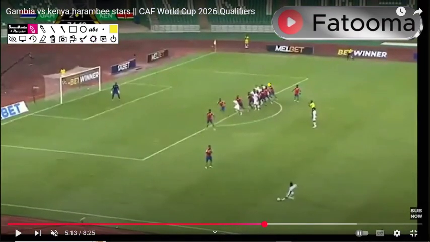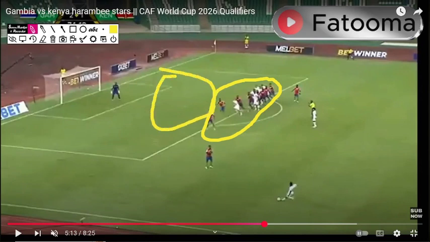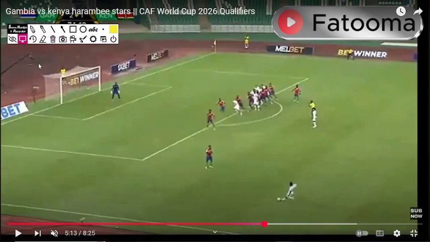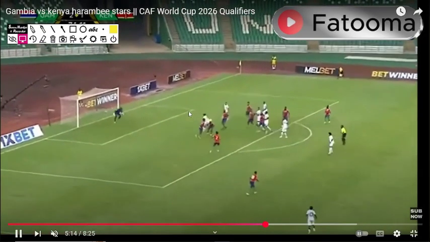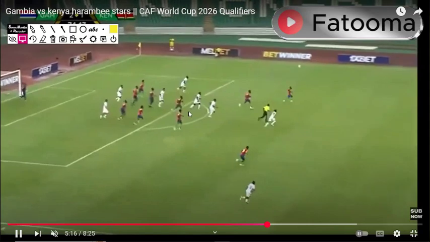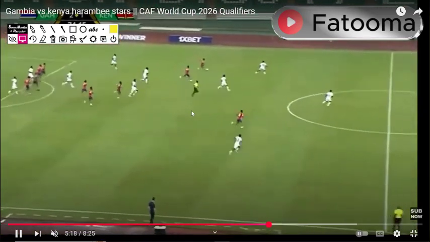Another situation. High line. Okay, this is one thing I'm just going to point out. High line. So much space to run into, and if you're playing a high line, you might as well play an offside trap, or else you'll just be running into your goal aimlessly. Alright, so the cross is put in. That's actually good defense. Took it very far away.